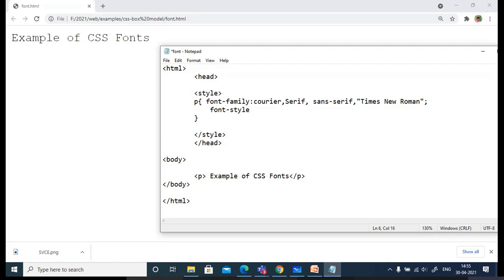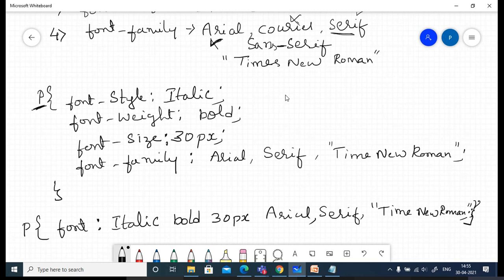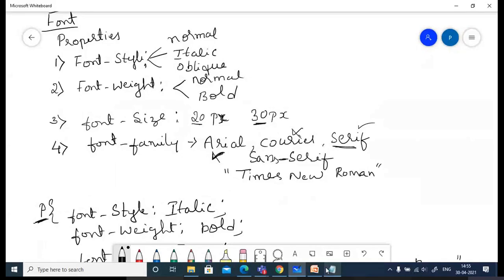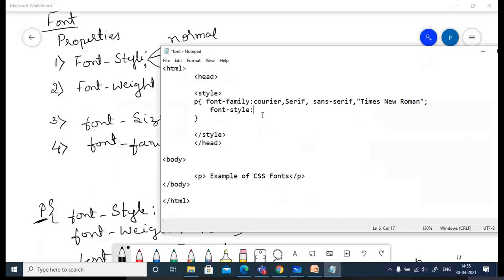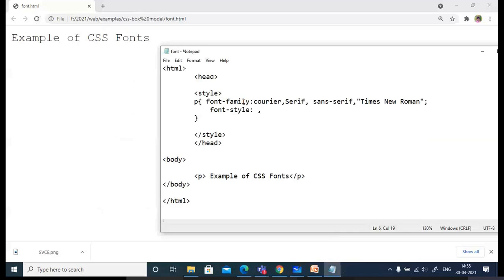Font style has three values: normal, italic and oblique. If you don't give anything, see how the font looks. If you don't specify, it won't consider that property, so there are no changes. Now I'll give font style italic.